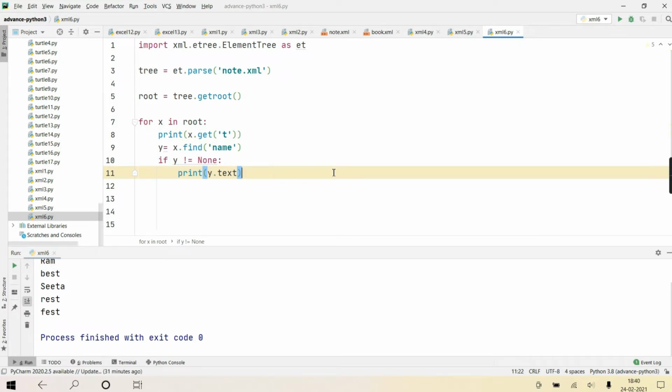In our example note.xml, there are some children who don't have the first child as name tag. At that time it was returning none, so I have cross verified whether it is none. If it's not none, then print its text content.